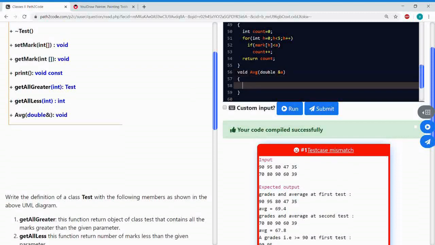We pass it by reference in this case, since we're not going to